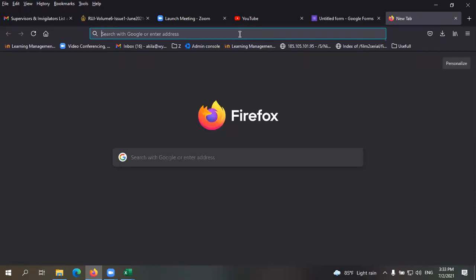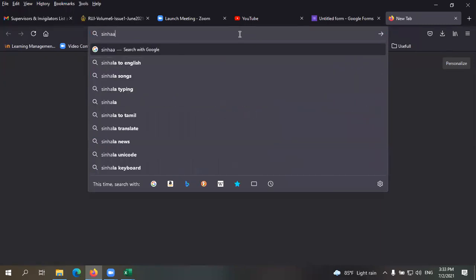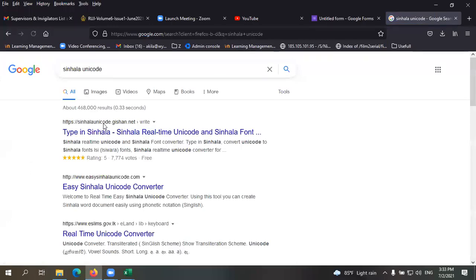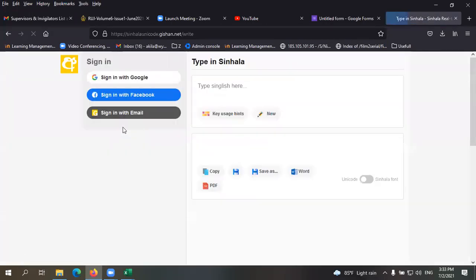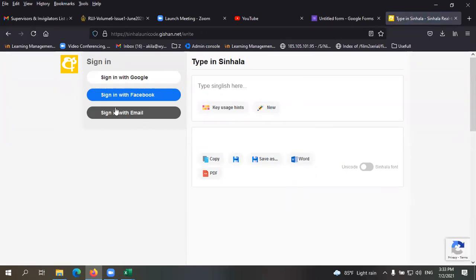In Google, you can find Sinhala Unicode. This kind of software is available. This is a good one, right? This Sinhala Unicode Ishan.net is a good one. Then you can type, right?